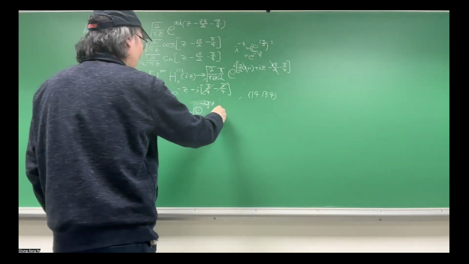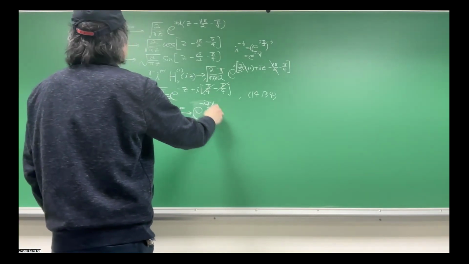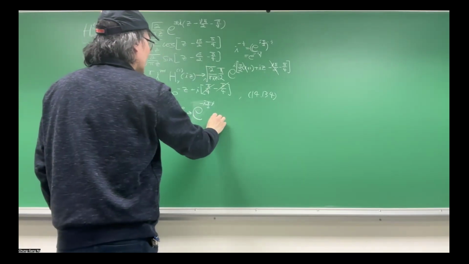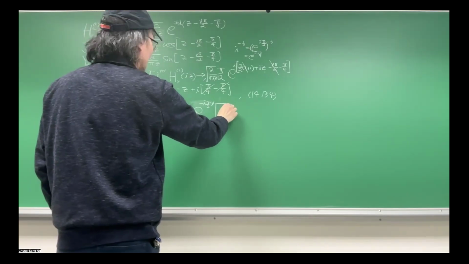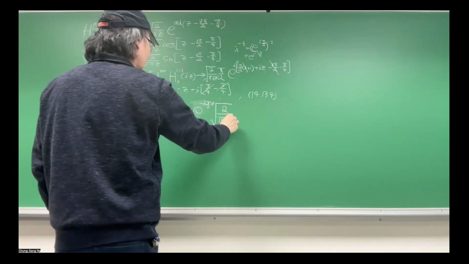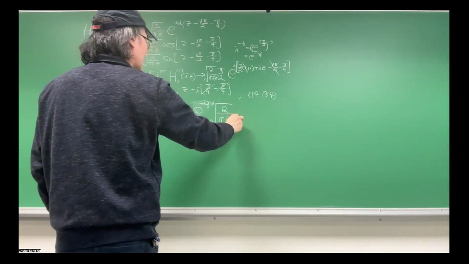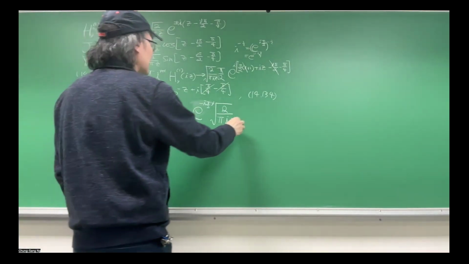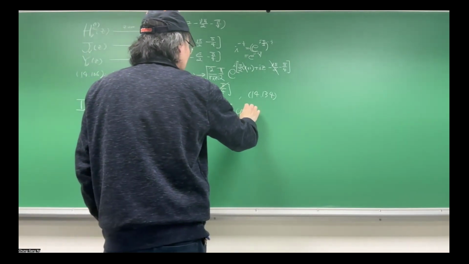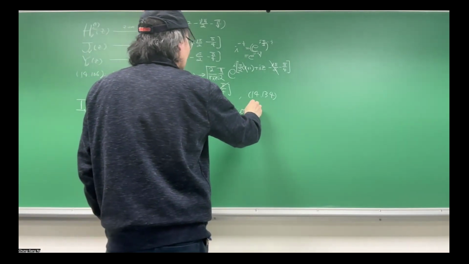And then J nu, this one is square root of 2 over pi. Now again you have an i in here, i and z. Right. And then cosine